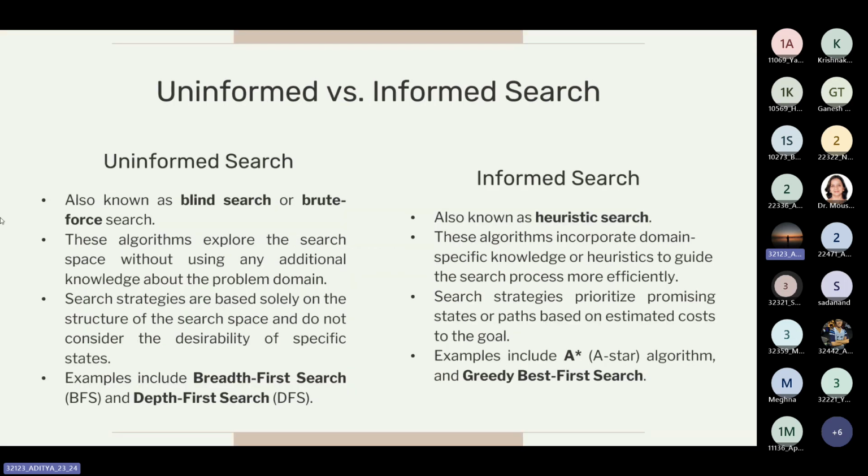Now let's look at what is informed search versus uninformed search. Uninformed search is also known as blind search or brute force search. What uninformed search algorithms do is look at the complete state space and search for all the paths that are possible to reach from the start goal to the end goal. And they choose the best optimal path that is available to us. Search strategies are based solely on the structure of the search space and do not consider the desirability of the specific state. What this line means is that the uninformed search algorithms take into consideration